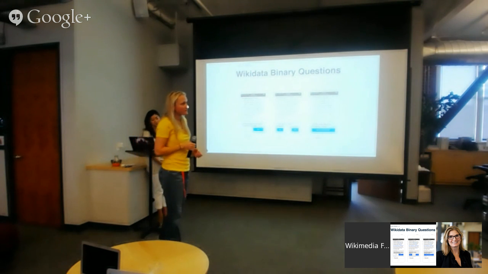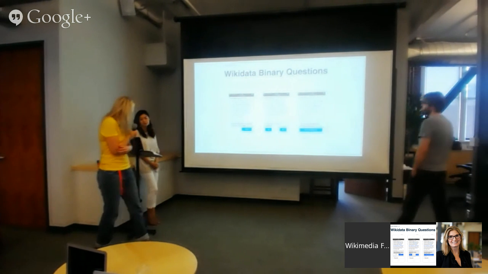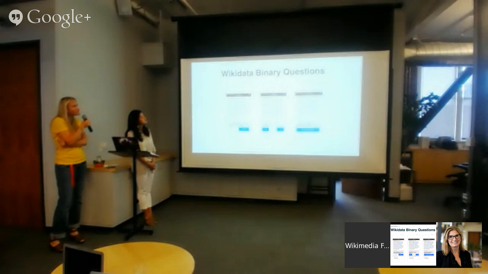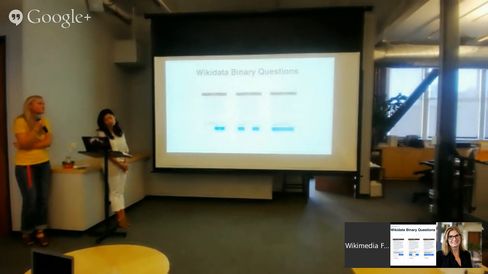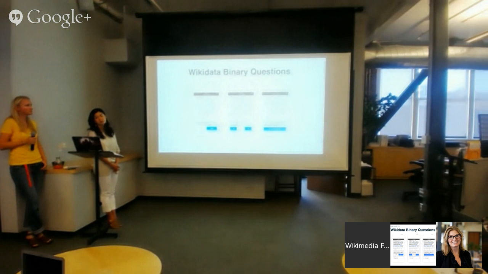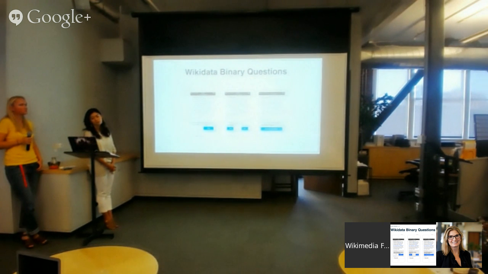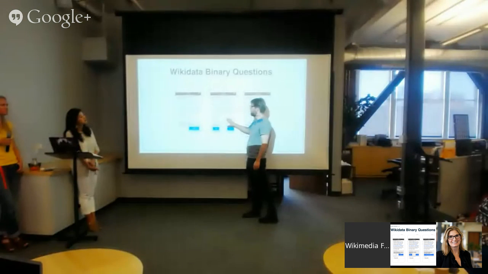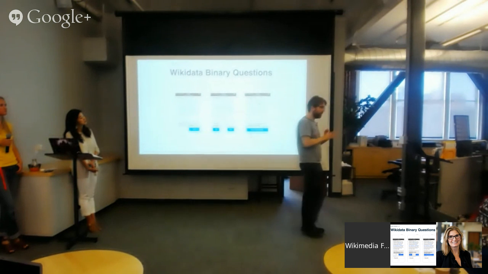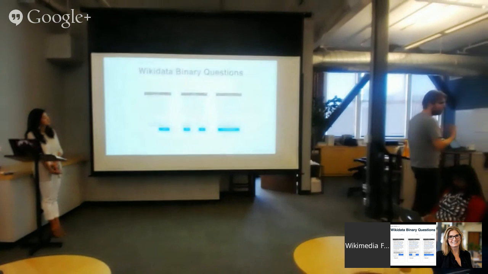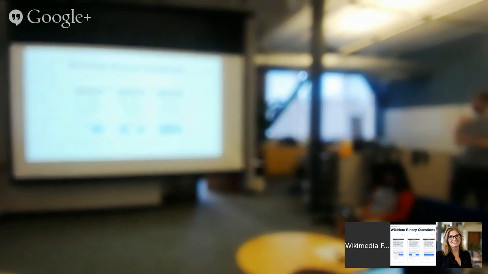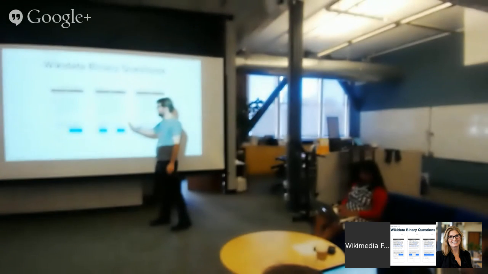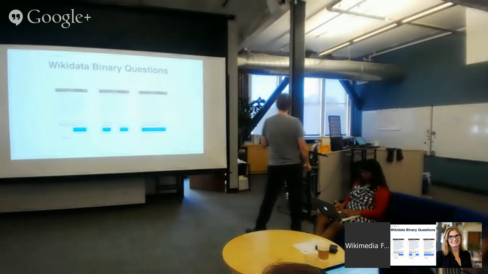So this is something that the mobile team is currently working on. It's not actually the 5-year horizon as much as it is the week's horizon, but I think it points in the direction of the kinds of things that we need to be thinking about. This is a project that the mobile team is experimenting with, which goes beyond editing as we know it. The idea here is to invite users to make very simple factual determinations that are directly contributed to Wikidata when you look at an article in Wikipedia. So to get you into a workflow where you can potentially make hundreds of these mini contributions very quickly,